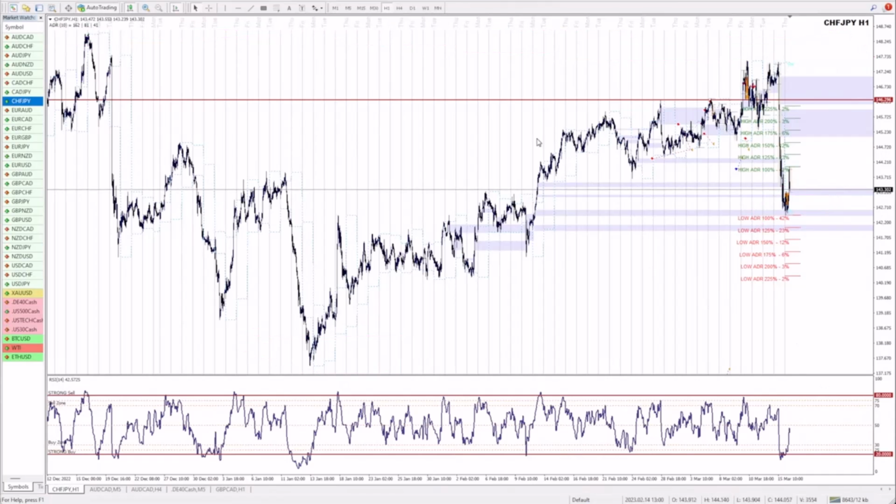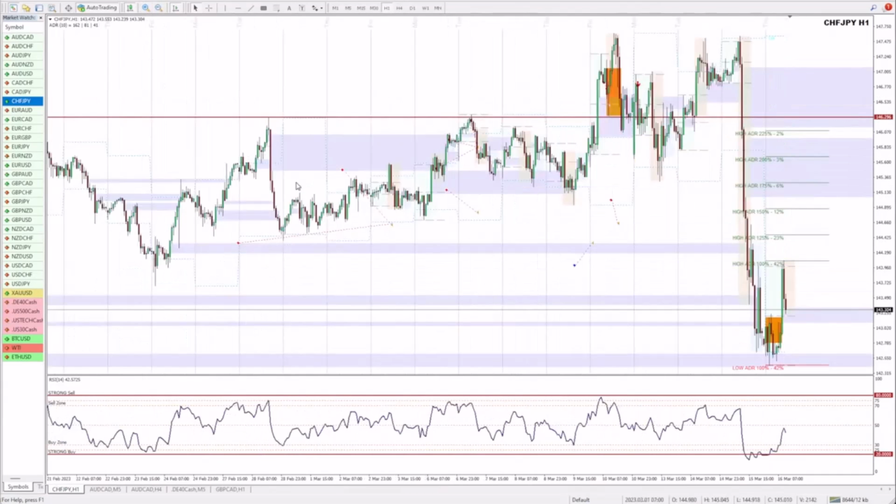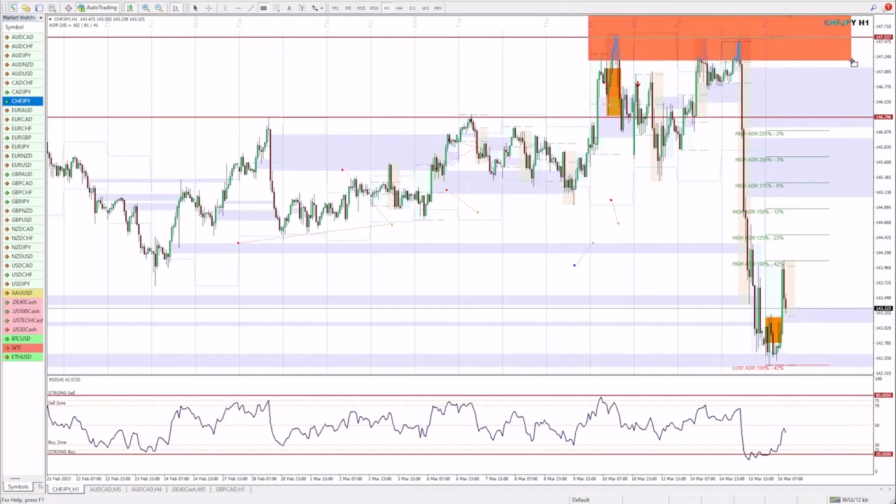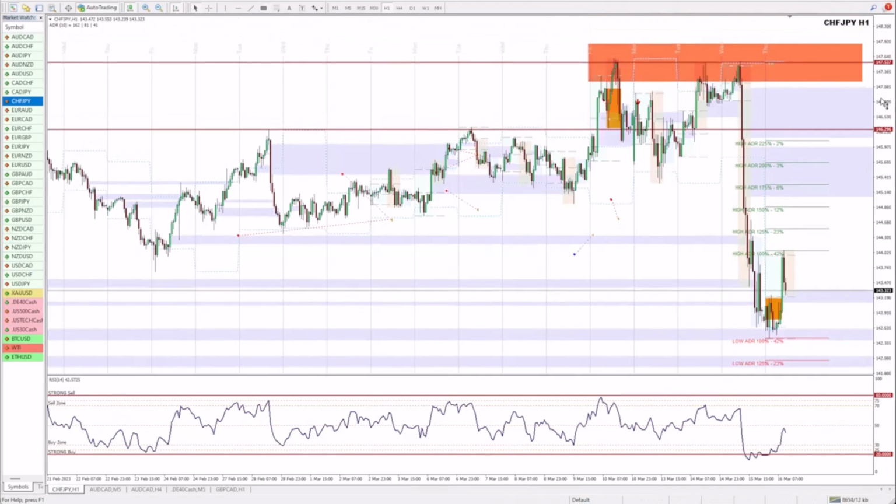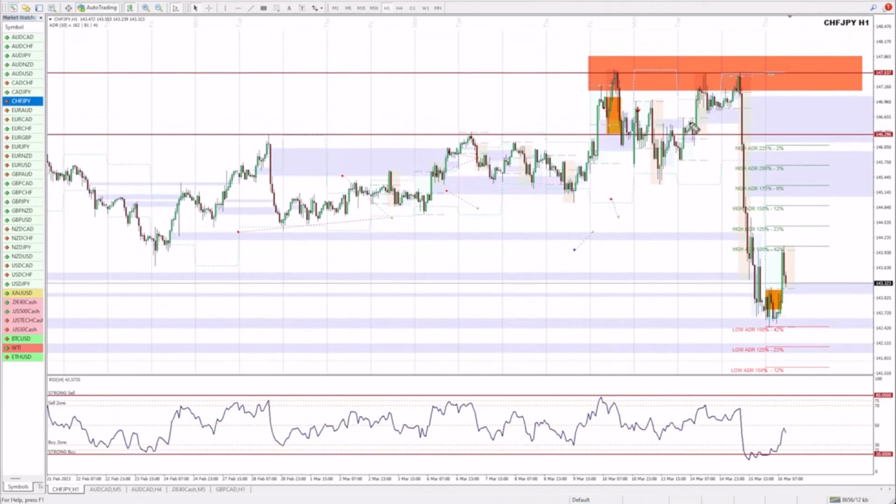But the key takeaway from this support and resistance is it is not a level. It is an area. And you need to give that area a really decent amount of room because you're never going to hit it to the pip. And the other thing about support and resistance zones and why they are not hit to the pip most of the time